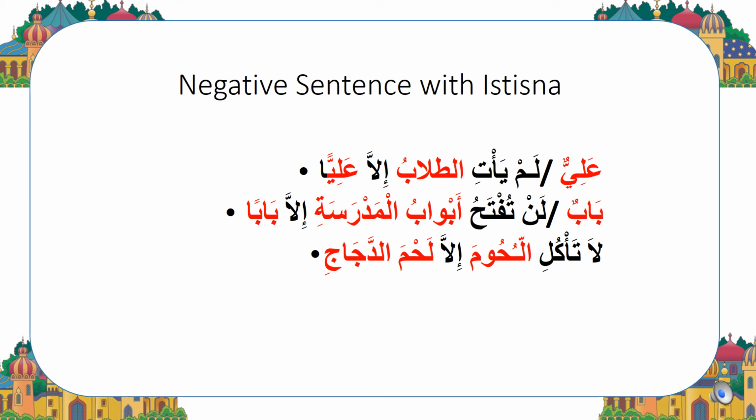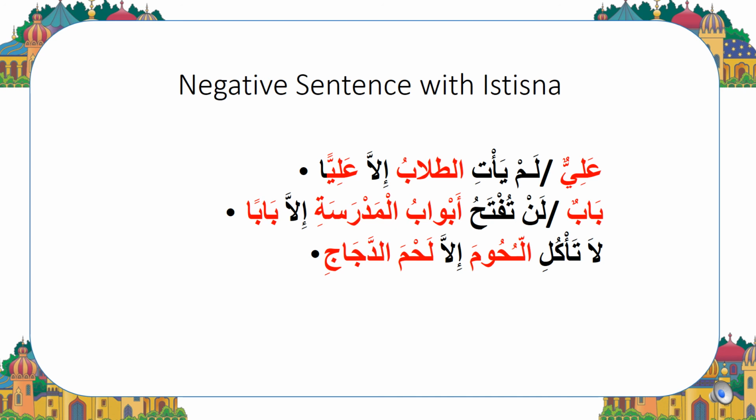In this example, the sentence is negative with article لن. Mustasna أبواب المدرسة is mentioned. Therefore, mustasna min باب or بابا can be مرفوع as a subject of the verb تفتح or can be mansub because of the istisna article إلا. As for the third example, لا تأكل